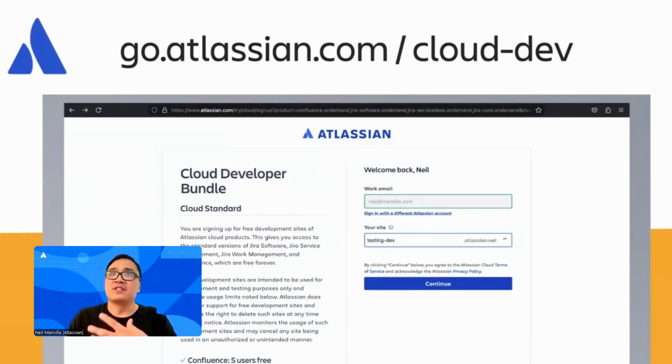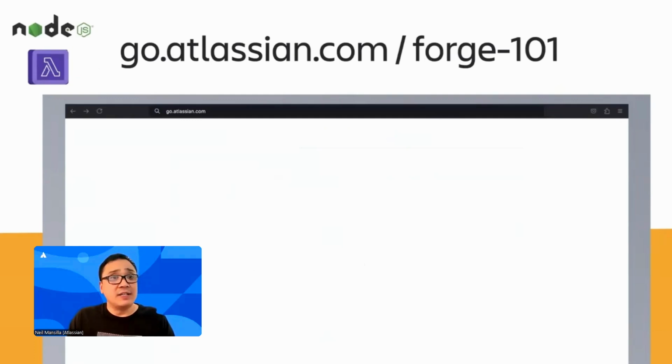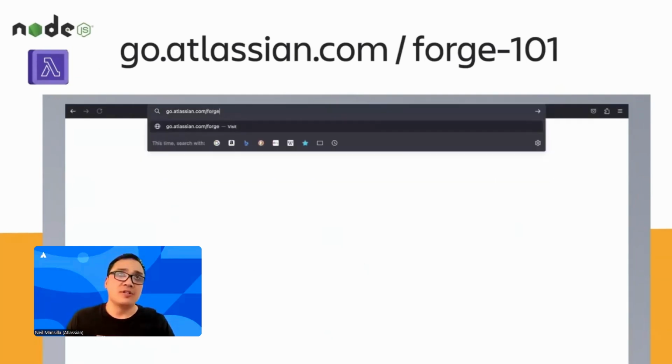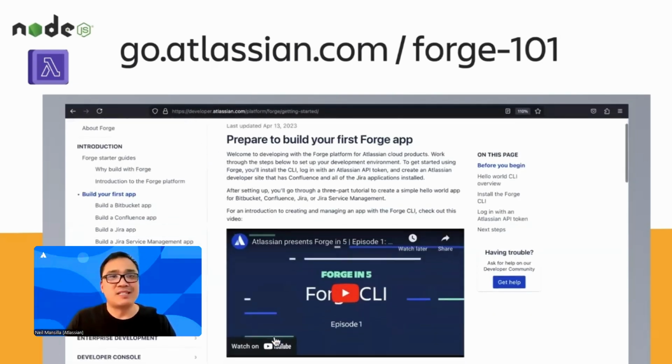This is going to be the site name that you'll be using to install the app, which again, I'll show you, we'll be going through in a bit. Next thing you'll need is Node.js and the Forge CLI. So just go to that URL or just go to developer.atlassian.com and you'll be brought to essentially step-by-step instructions on